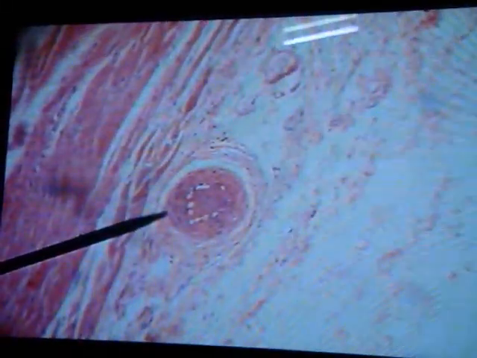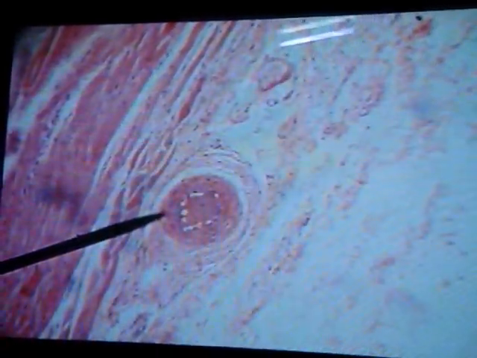Looks like an arteriole. That's an arteriole. You can see the smooth muscle fibers in the wall. This is the arteriole.